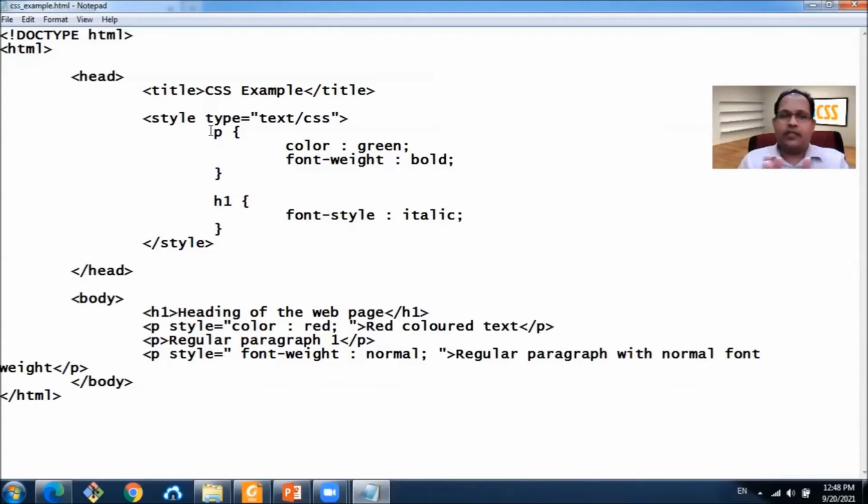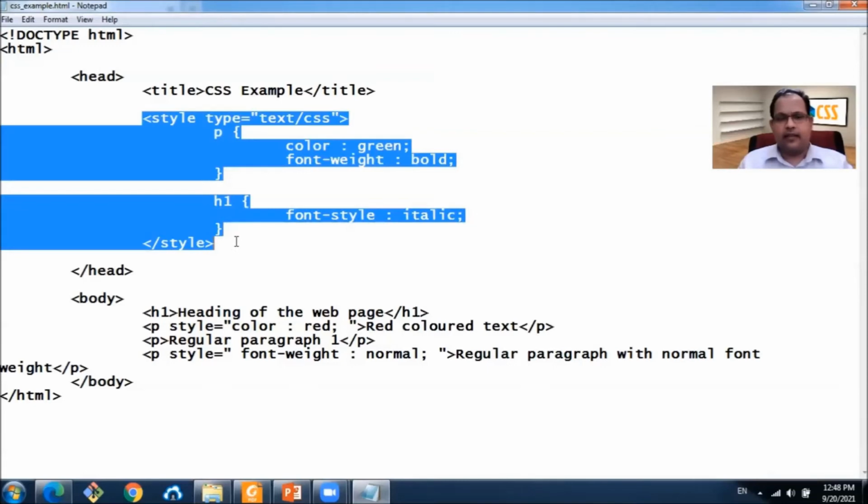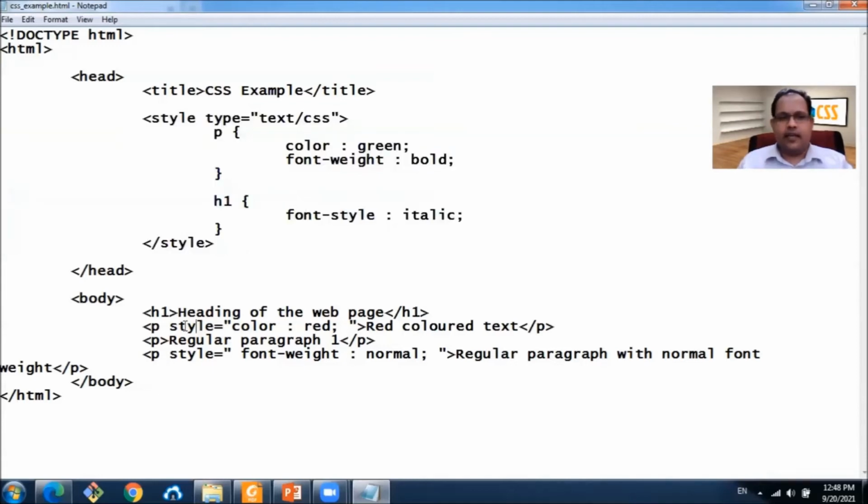And we copy this style tag into 100 pages. Fine. It works very well. All the pages have the same style. All the paragraphs in the web page will have color green unless they are overwritten by this inline styles.